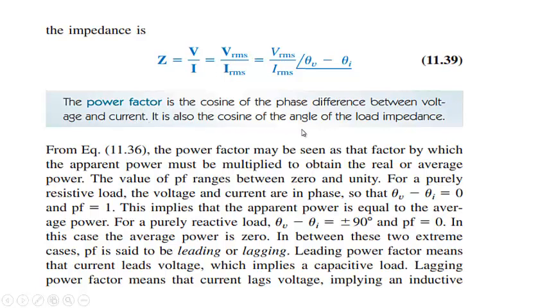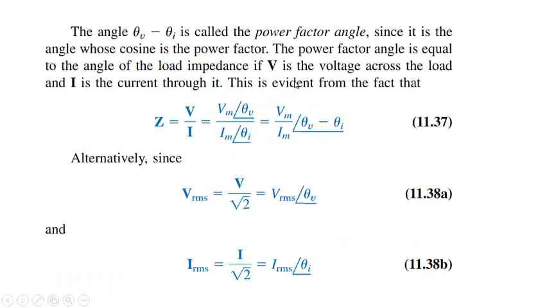It is also the cosine of the angle of the load impedance. So this is very important. The power factor may be seen as the factor by which the apparent power must be multiplied to obtain the real power or the average power. So this is already done. The value of the power factor ranges between 0 and unity. This is very important because power factor is equal to